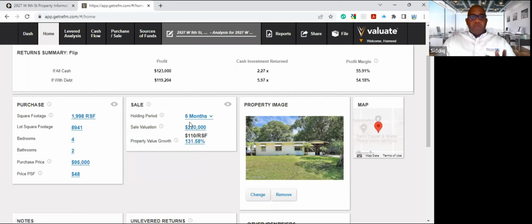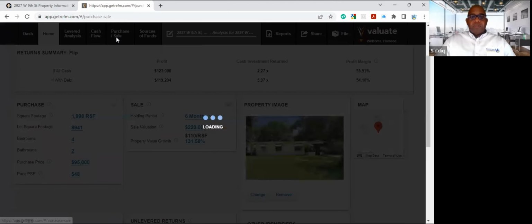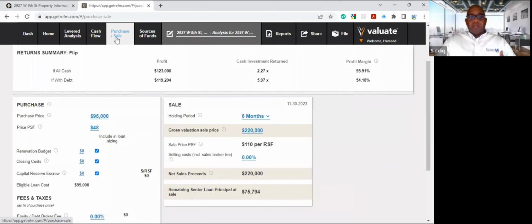Now, once we do that part, the next thing we want to do is come all the way over to the purchase and sale tab. And again, on the purchase and sale tab, we want to do something similar. We want to come to the purchase side,